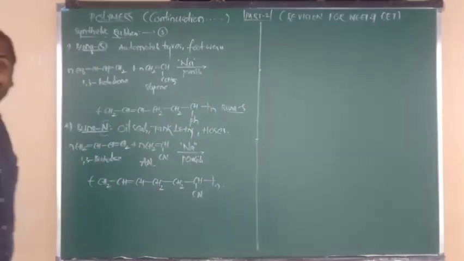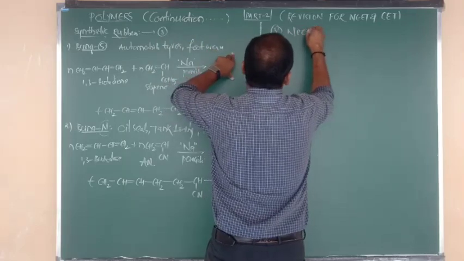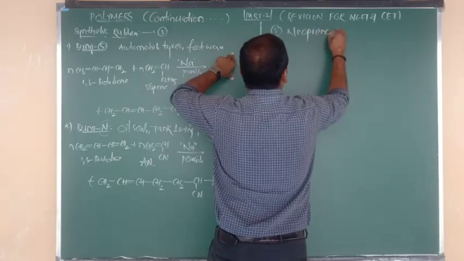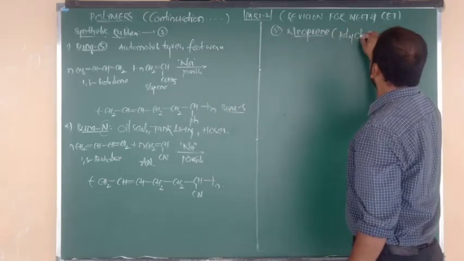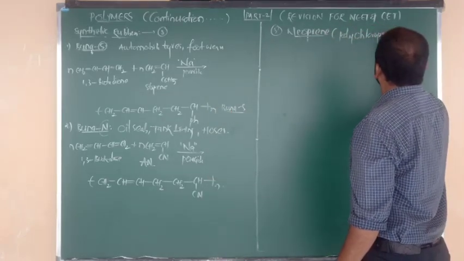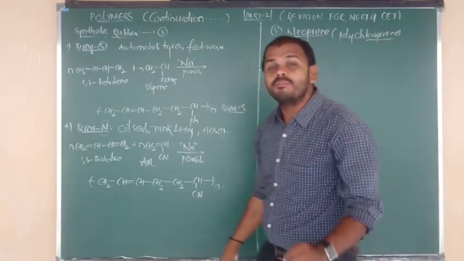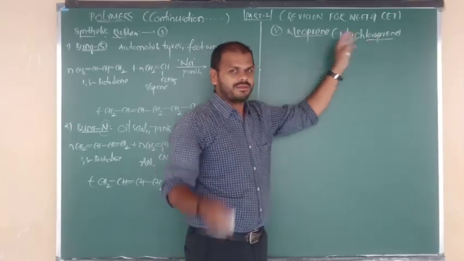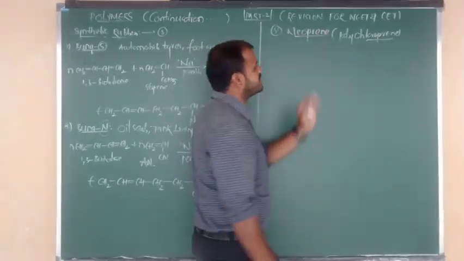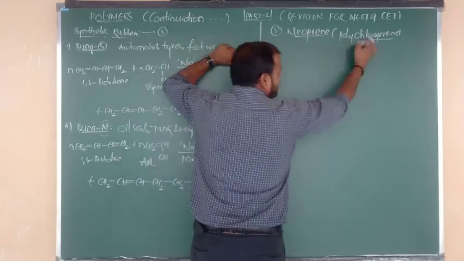Yes, which rubber, beta? Neoprene. What is another name of neoprene? Neoprene, another name is nothing but polychloroprene. Yes, you should remember this name, otherwise you can't identify the monomer of neoprene. So what is the monomer of neoprene? Chloroprene. So neoprene, one more name is polychloroprene, and in that the monomer is chloroprene.